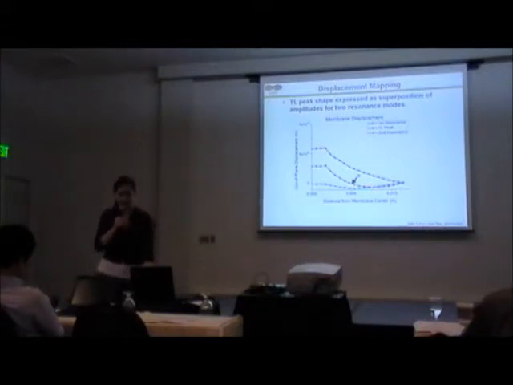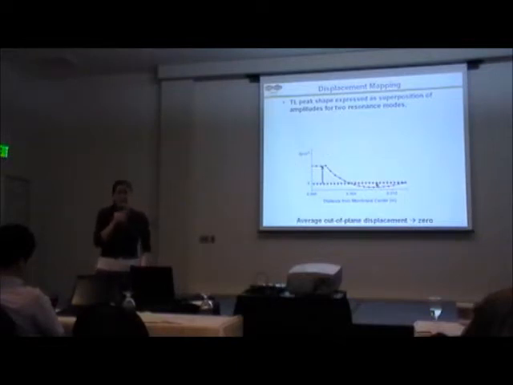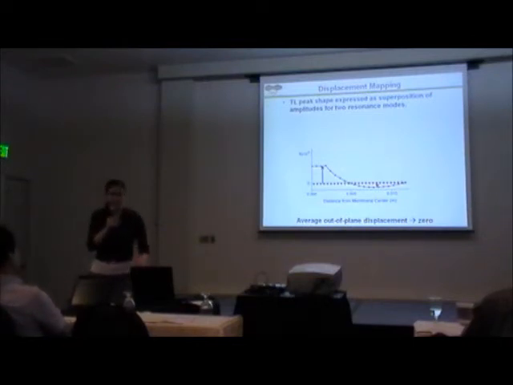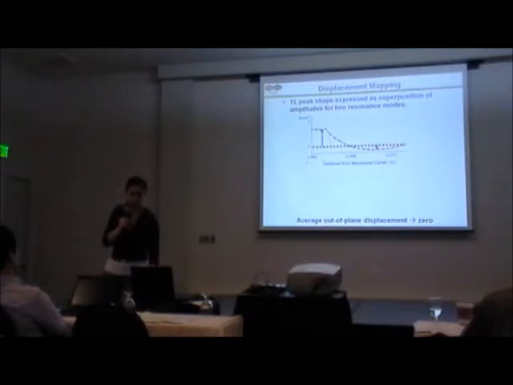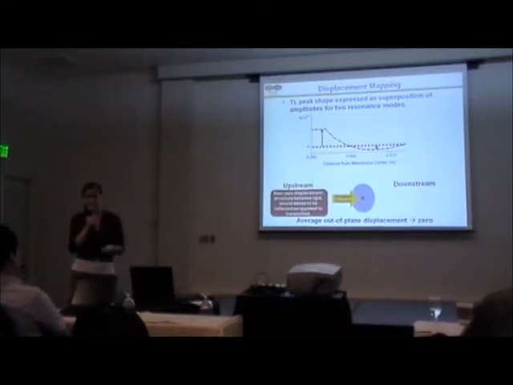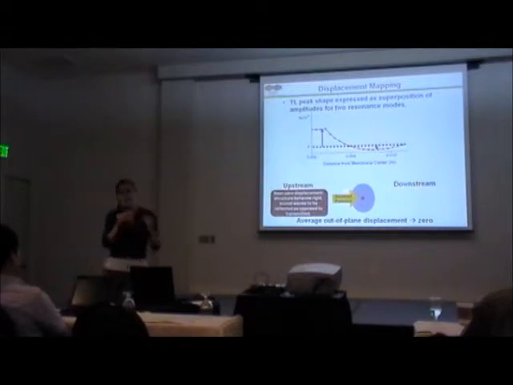point A. Taking a closer look at this, you can see positive and negative out-of-plane displacements radially across the structure, and averaged over the entire circular structure, you end up with a nearly zero out-of-plane displacement. What this means is that upstream of the structure, on the incident side, where the sound is incident on the structure, you have a near zero displacement, so that the structure behaves as though it's rigid and essentially not being